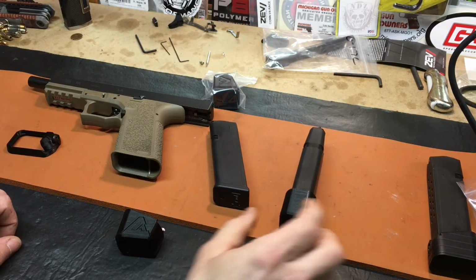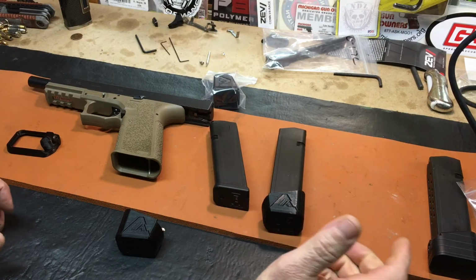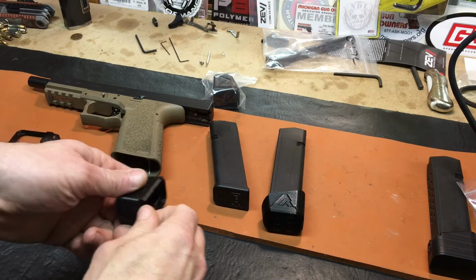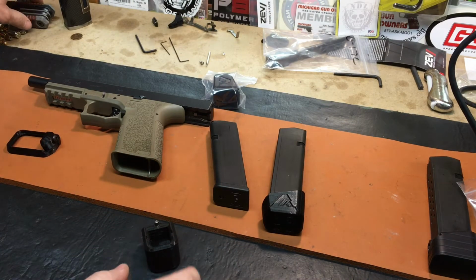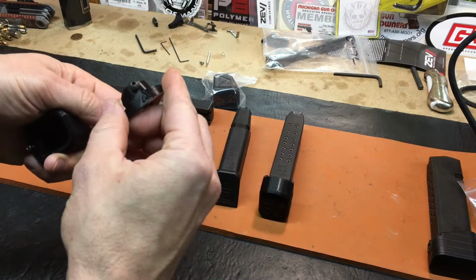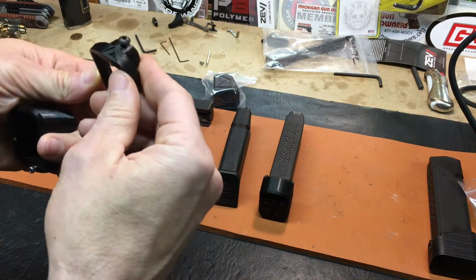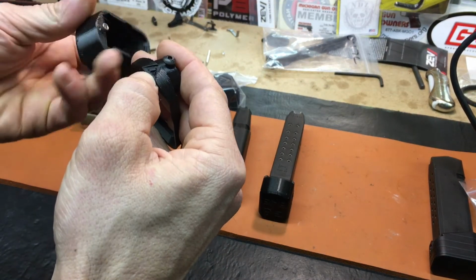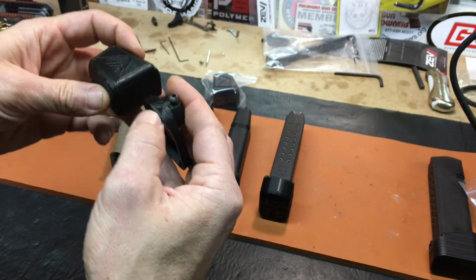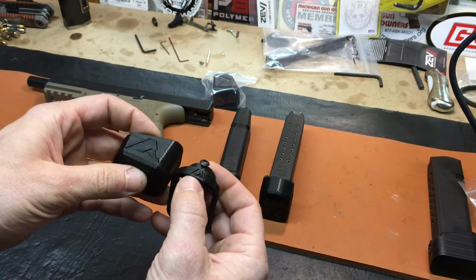I really want to focus on these 3D printed bases. 3D printing, it's really coming a long way. There are all sorts of options. Cain Arms, they've really figured out that there's a market for this. And actually, looking at this, I can see that they're marked with their Cain Arms logos,